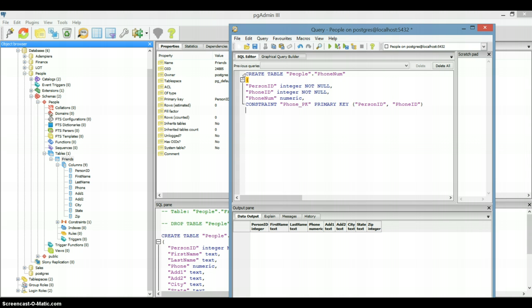Close parentheses, close with parentheses, false, close parentheses, alter table people.phone_number owner to Postgres. What we're doing with this is we're creating a table phone number with the columns person ID, phone ID,